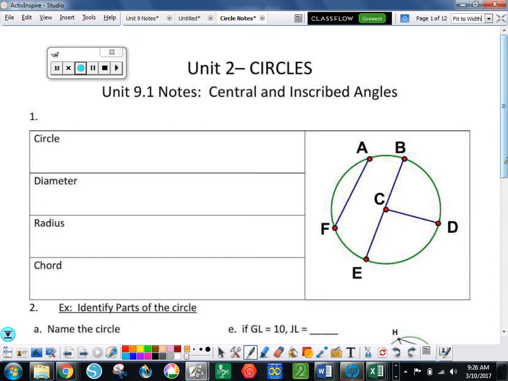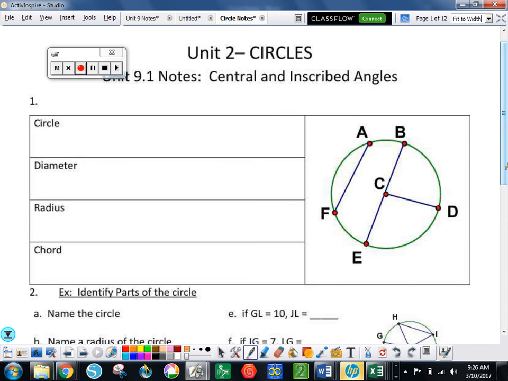All right, so a circle. Technically, all of this garbage inside the circle is not part of the circle. The circle is the green line only. So technically the definition, a circle is the set of all points,